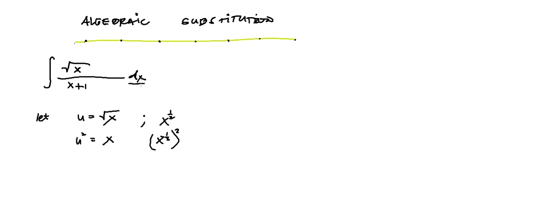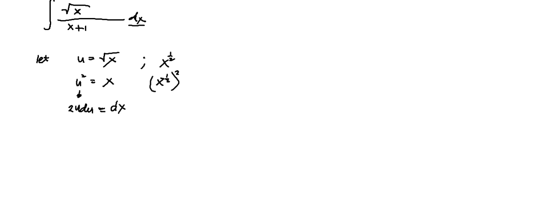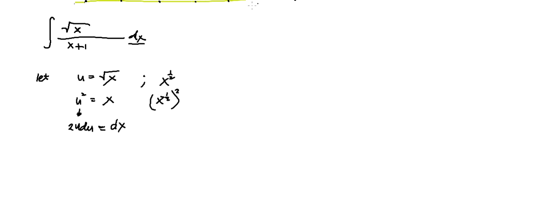Then we need to find the equivalent value of dx, so let's try to take the derivative of u squared, which is 2u du, and then the derivative of x is just dx. Okay, then